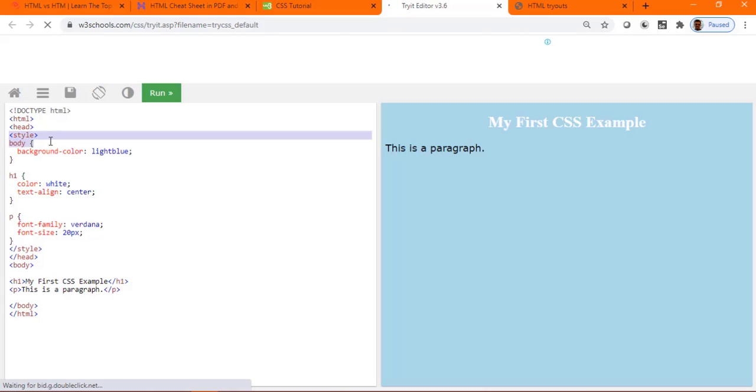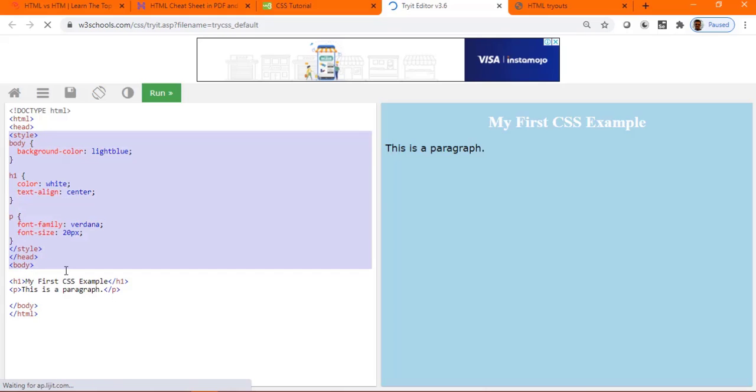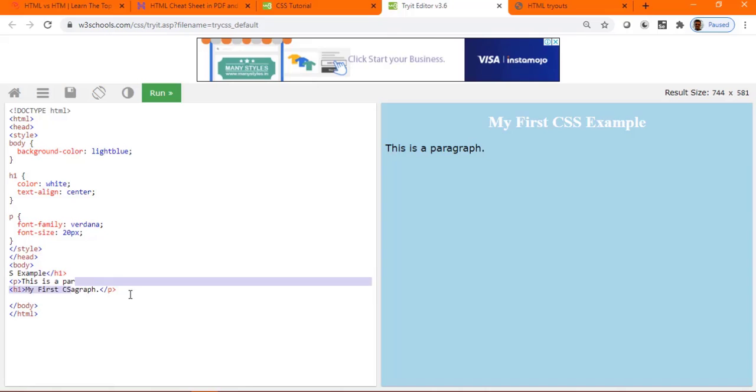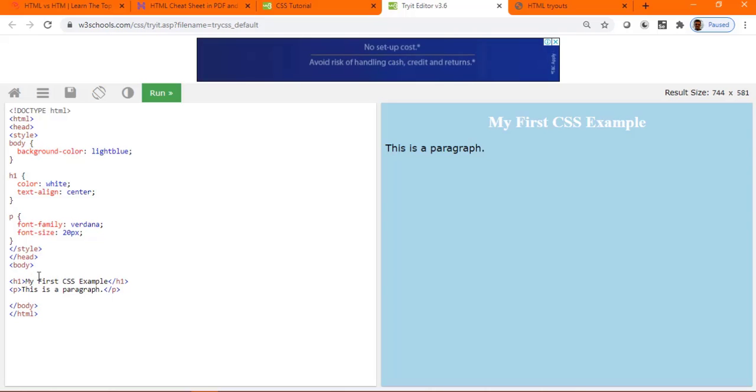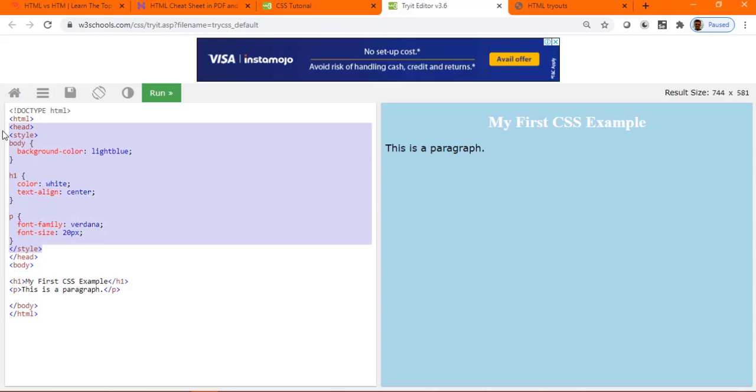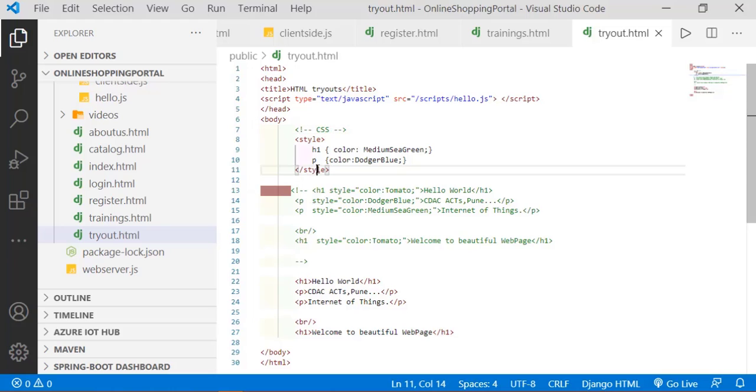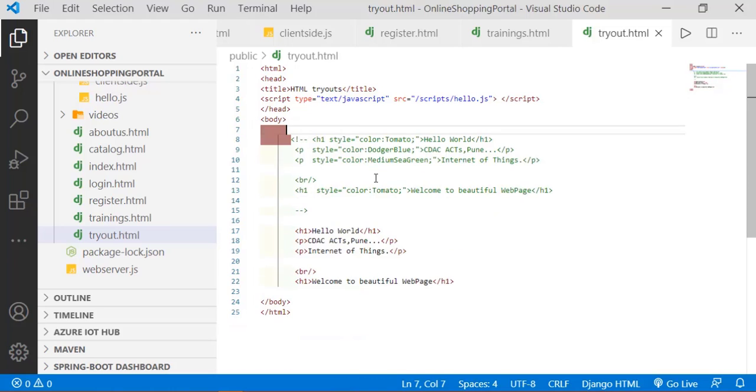So in this case, have you observed the kind of code they are trying to show me? In my case, this style I kept within the body. In this example, where has the style been kept? Inside the head. So do you want to apply this style for the complete HTML document? If you want to apply this style for the complete document, you just take this style block from here and put it inside head.